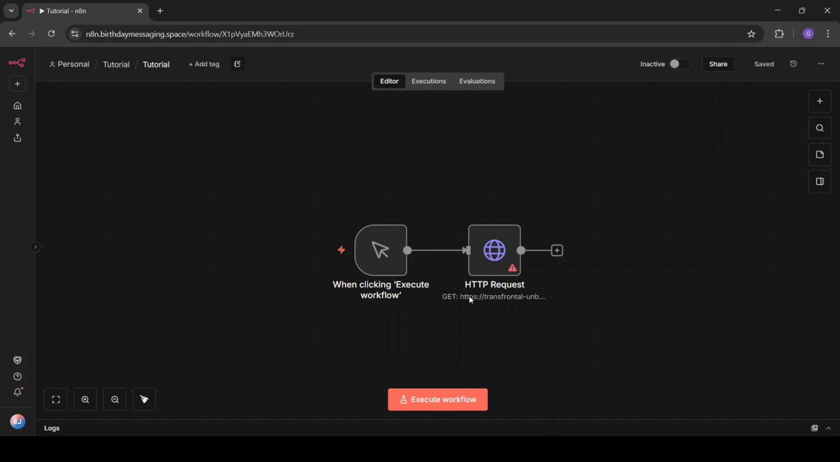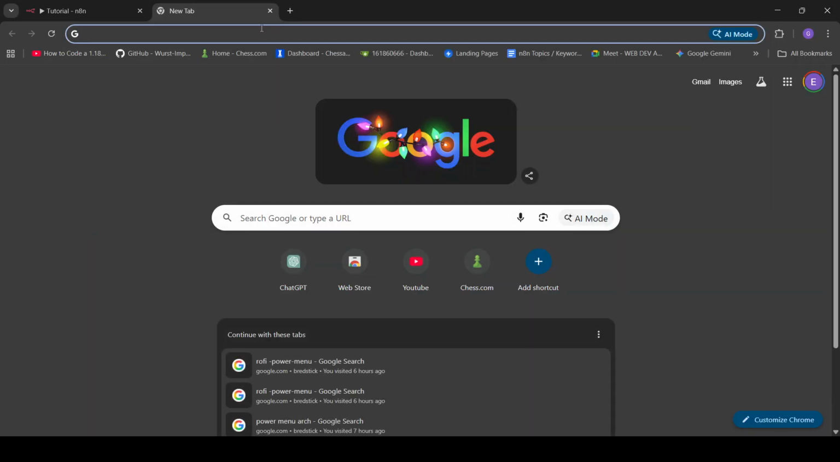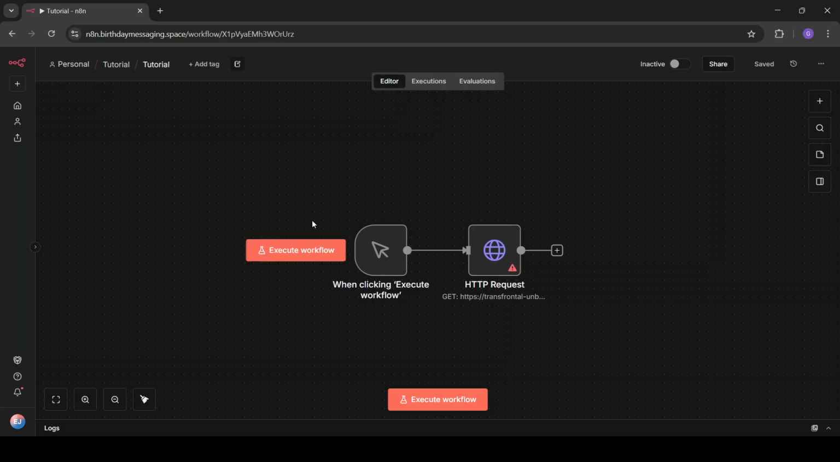HTTP requests are the basis of the internet. Every time I open a new tab and go to a website, I basically send an HTTP request to the server, which gives me data that I render in my browser. Now,